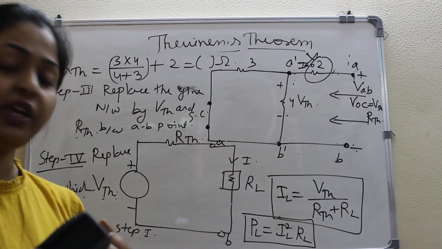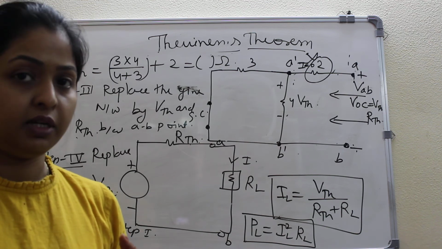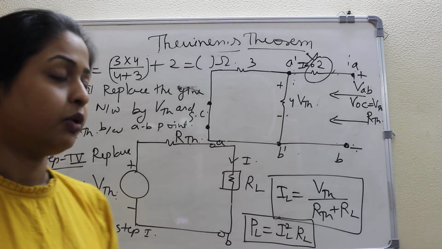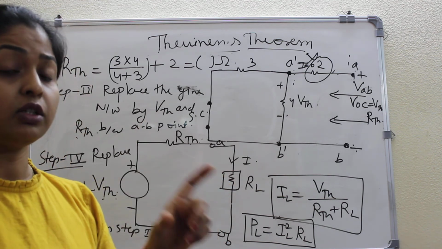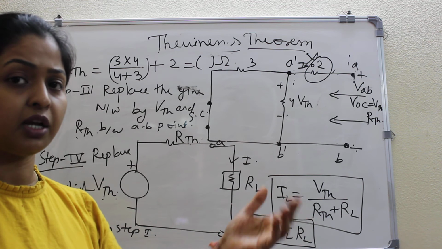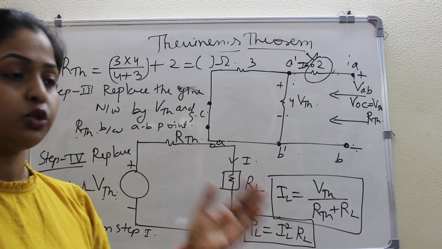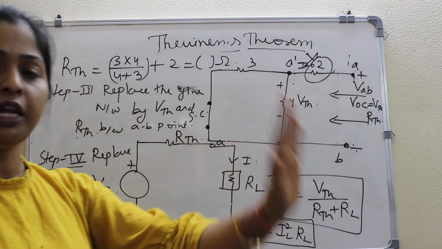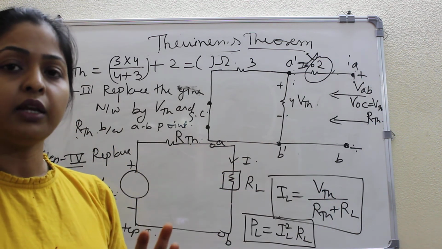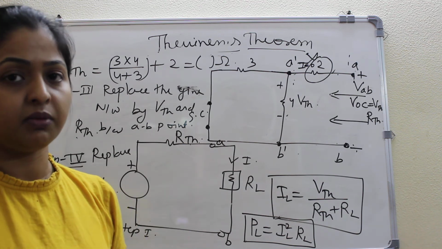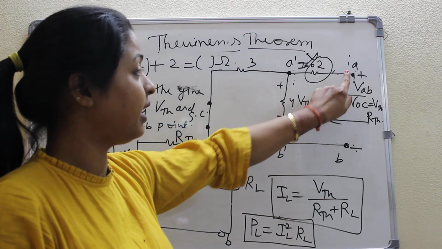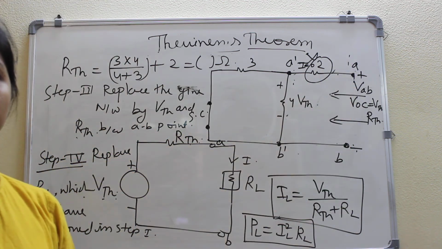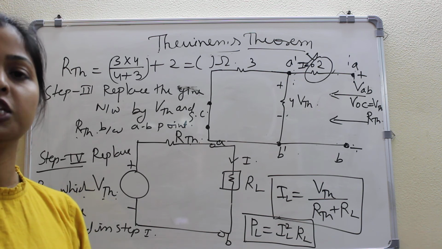So first of all we have to recognize the load terminals. Which terminal is considered as a load? Which terminal is given to you? So this AB point or the load branch may be the second branch, last branch, or maybe any of the branch. So first of all, step number 1 says remove the load resistance. If you remove it, make it open circuit, because only and only open circuit will give you the voltage difference, because one terminal becomes higher, the second terminal becomes lower. If both are shorted, both become the same potential, so the voltage becomes 0.